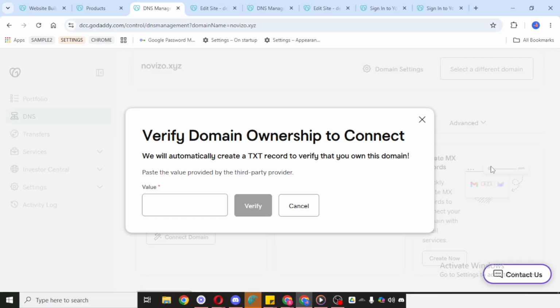And that's it. The main thing is simply following the path correctly. Open your account, go to your profile, select My Products, choose Domain, open DNS, and then use the Verify Domain Ownership option under DNS Records. If the verification doesn't go through right away, double-check that you selected the correct domain and that you're managing it from the right account.